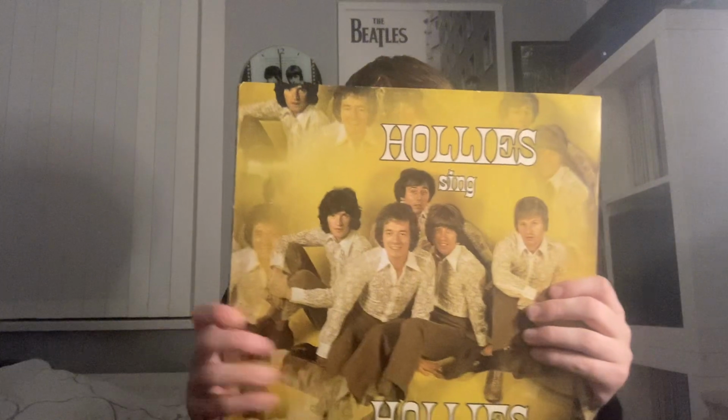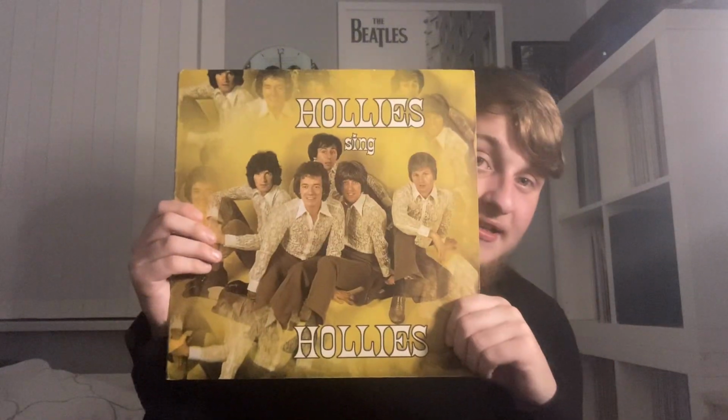Next up, we have my least favourite Hollies album that I own, and it is Hollies Sing Hollies. I don't know what it is about this album. I like the artwork. I like the way it is packaged. Like this is the Gatefold here, for example. To me, this looks so nice. But the songs, to me, they've never